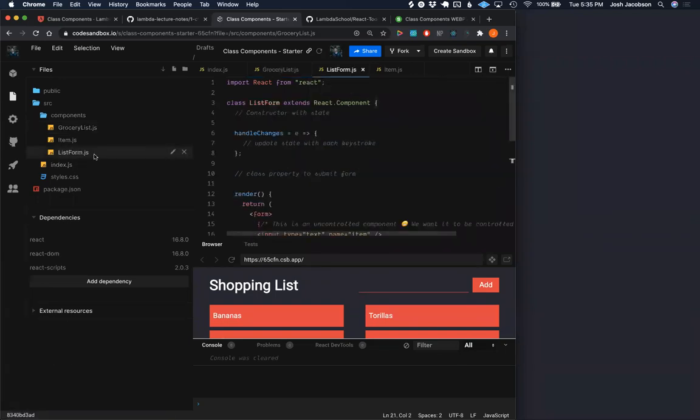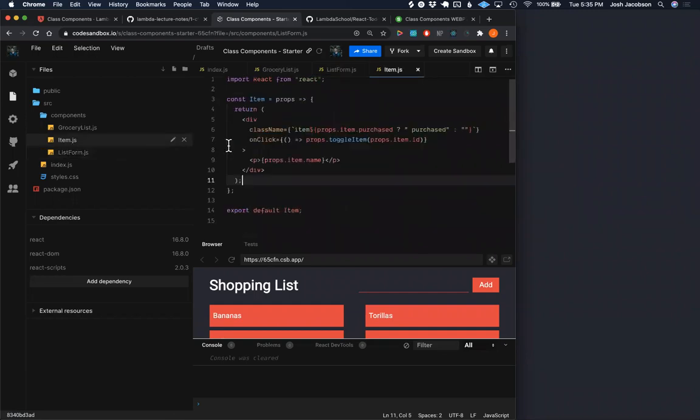But all we have to do now that this is coming into item, and to review also, we wrote this click handler. We'll go through some more event handling, like the list form, in a second. But this is a very simple example where we are just calling this click handler and it just calls